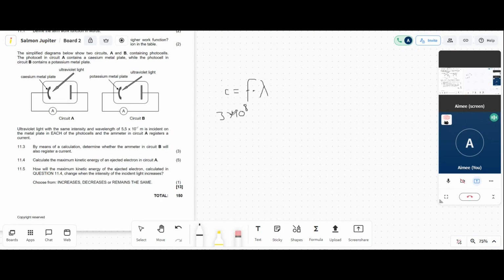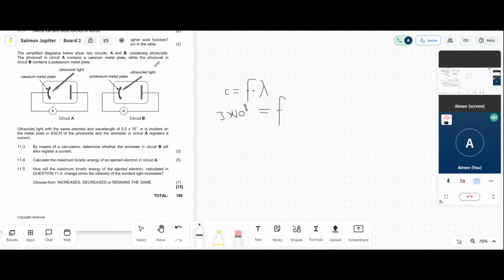This is the speed of light. We're working with light now, so we are using the speed of light. In Doppler, we were working with sound, so we were working with the speed of sound. So speed of light, like I said, doesn't change. It's a constant that's on your formula sheet, is equal to,